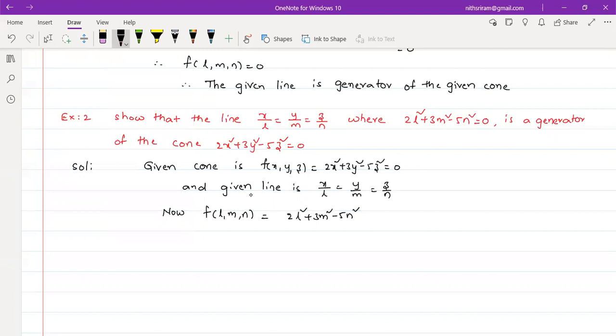But here the direction ratios are not constants, they are simply variables. So 2l² + 3m² - 5n² is equal to 0. I am writing this as 0 because it was given that 2l² + 3m² - 5n² = 0. Without this condition, we cannot write this as 0. So when I substitute the values in the cone equation, we get 0. So whenever f(l, m, n) is equal to 0, then we say that the given line